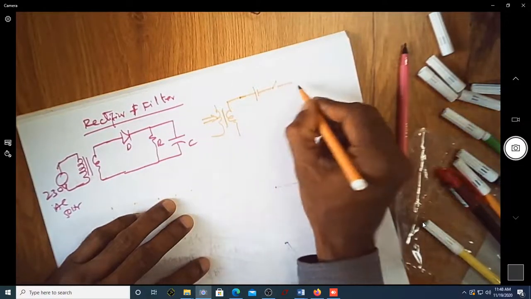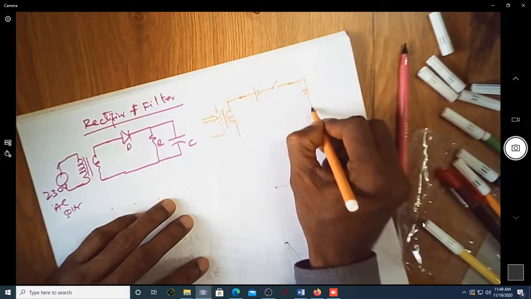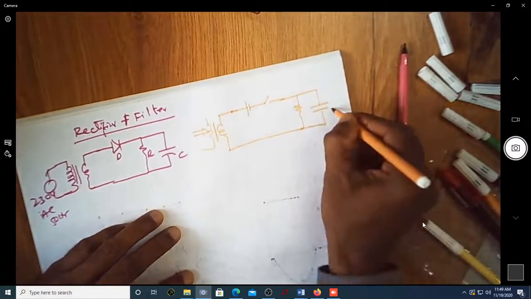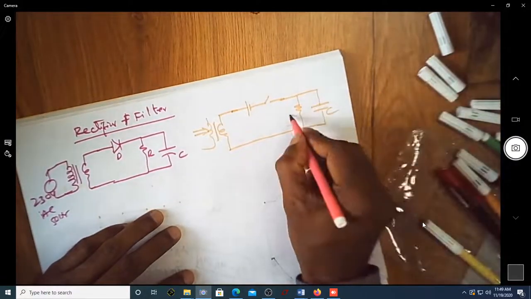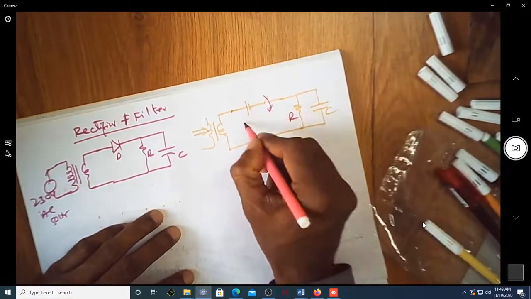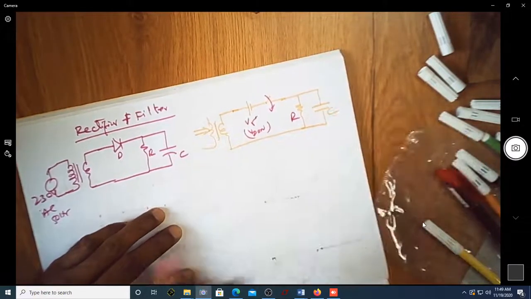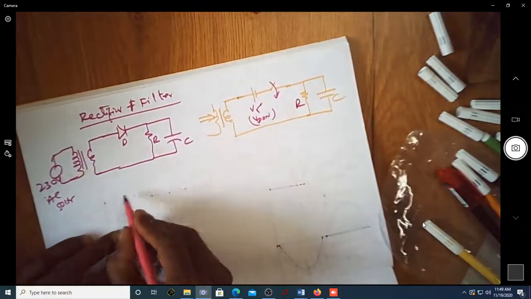This is my switch, and you can see there is a resistor R and there is a capacitor C. So this is my C, and this is R. This switch is closed. This is V gamma R, VD on. This is my capacitor. If I write the waveform,